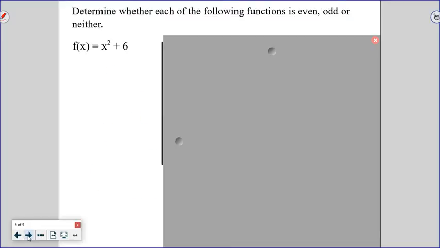Okay, so then now let's try some equations. I don't have a picture to look at, and I'm going to do an equation. And again, if the equation were handed to me as y equals, I would write it as f of x, just because our test is plugging in a negative x, and then I don't get confused with the whole y letter being in there. But all we do for our test, even, odd, or neither, is we plug in negative x. Here's my original function. I'm going to plug in a negative x,